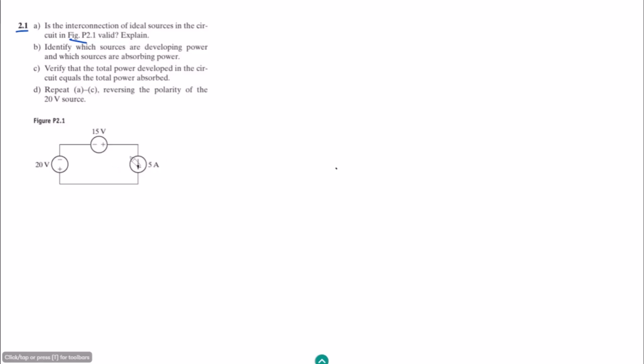not? Explain. Okay, so the first thing here is whether these connections are valid or not. So these are all independent sources. This is the independent voltage source, and this one is the independent current source. Okay, so what should I consider for the validity of this? The circuit will not be valid if it is like this one, the two voltage sources